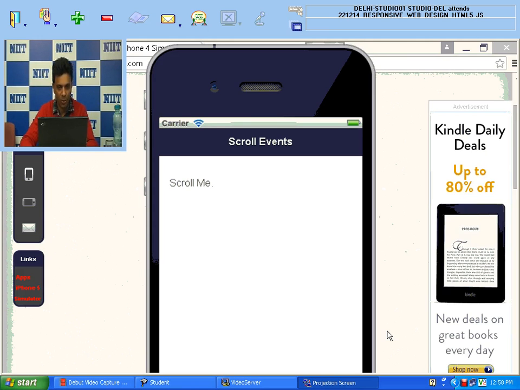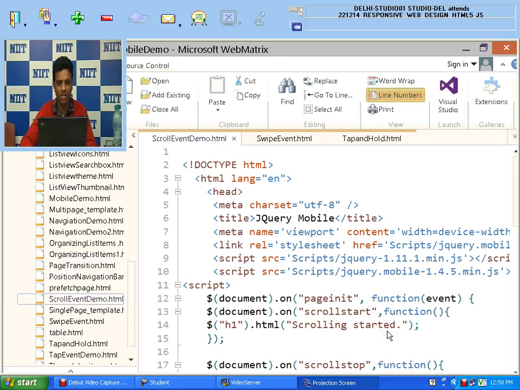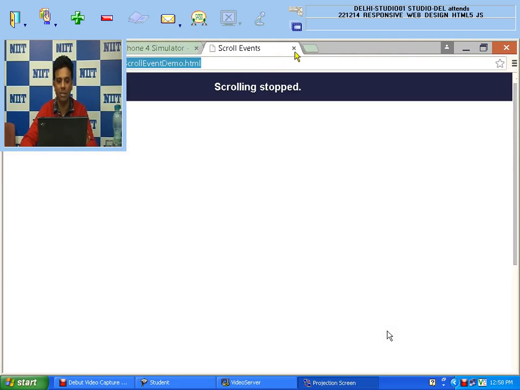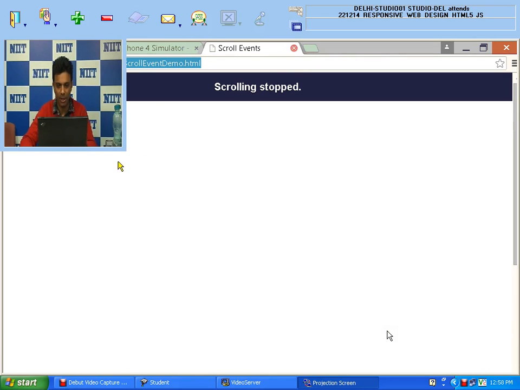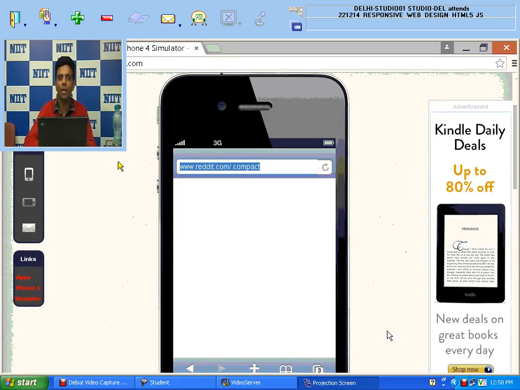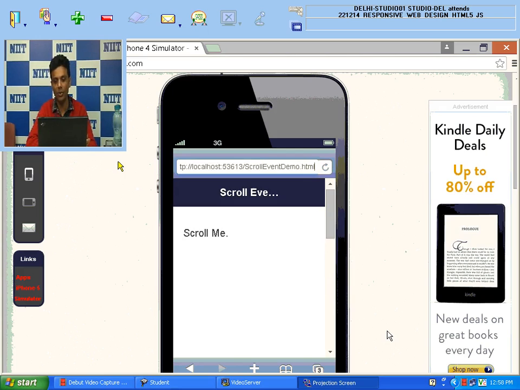You will get the URL of this. Okay, so you can copy the URL. Just simply copy the URL from this place, and you can write it on here. On the iPhone simulator URL, it will allow you to use a localhost. Okay, so you will type this over here and you will find this. So if you click this, you can see